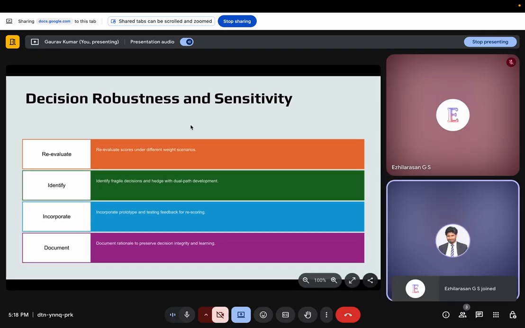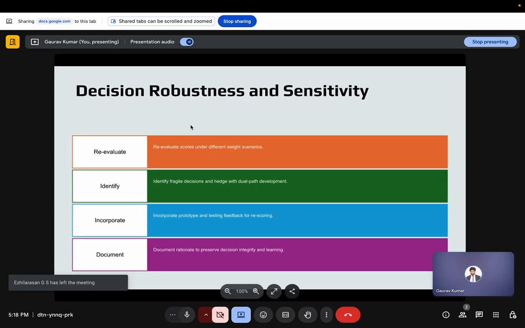Therefore, sensitivity analysis is conducted to assess the stability of the decision under uncertainty. Designers re-evaluate the scores across different weighting scenarios and observe whether the rank order remains consistent. If significant shifts occur, it indicates fragility in the decision model. In such a case, dual-path development, pursuing two closely ranked concepts, can mitigate the risk and